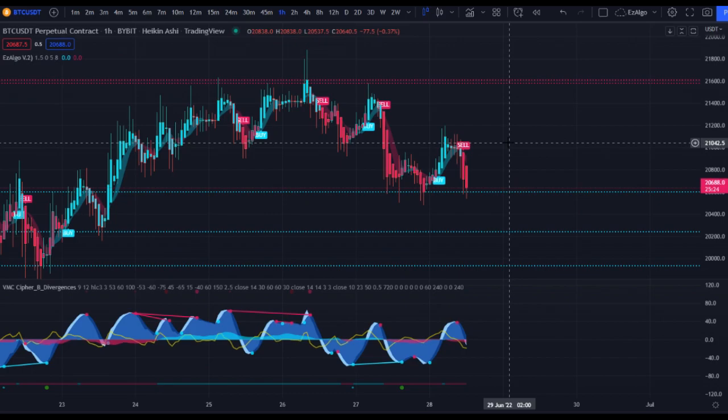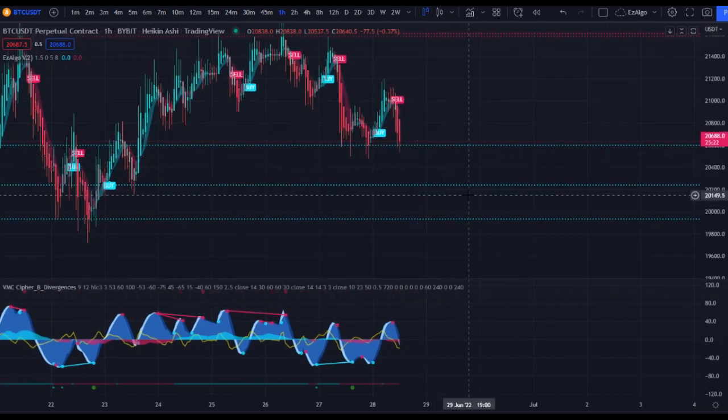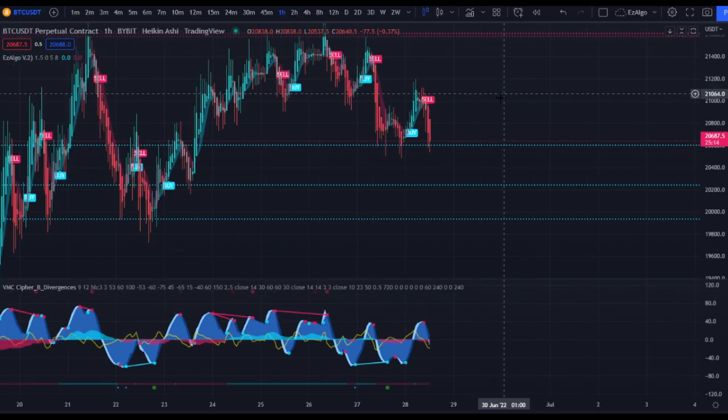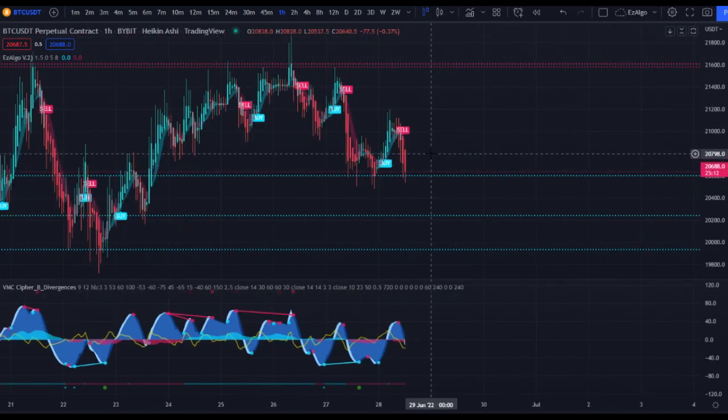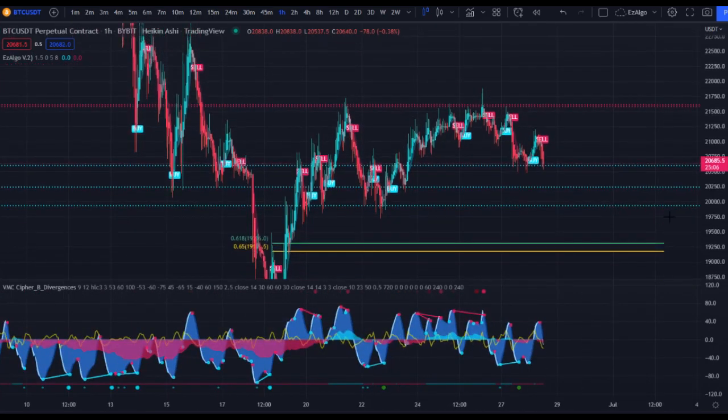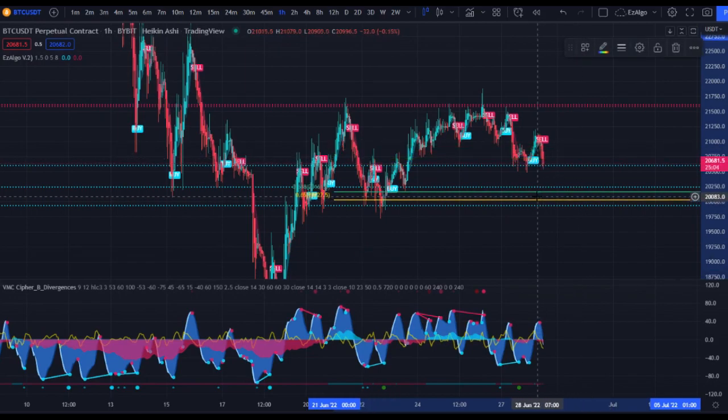Am I going to be looking to take the long at a support level right here and maybe time the bottom and get a little push up? If you want to do that, you can do that. I might do that. But really, the high probability trade is waiting for a pump and then fading it. If you were to just do that every single time for the past month and a half, especially on a higher time frame,